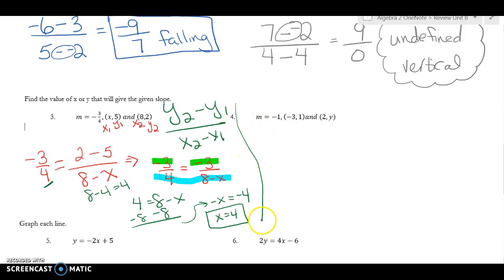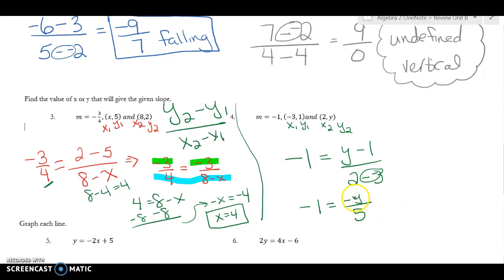Okay, so that took up a little bit of space. So again, label x1, y1, x2, y2. My slope is negative 1. So it's going to equal my equation, y minus y1, which is 1, over 2 minus negative 3. So I get negative 1 equals y minus 1 over 5. I'm sorry, not negative y. What was I thinking? It's y minus 1